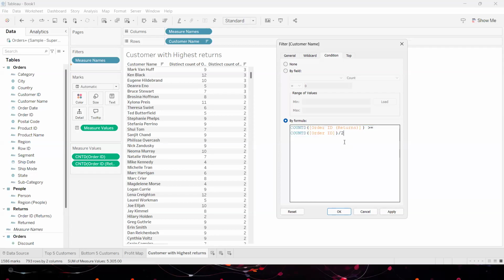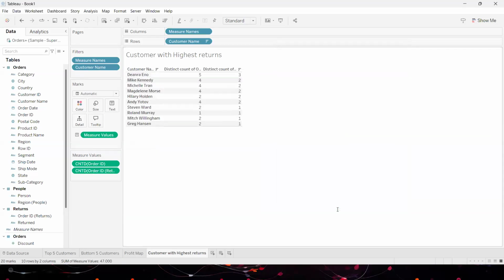Simple logic. Now look at the list. It will get updated. So I have those people who are returning either half or more than half of the orders that they have placed. Luckily for this business, it is very few people. So this business is quite fortunate. They don't have any customers pranking them, simply placing the order and returning it for the sake of it. So they have a very short list of people. They can talk to them and find out why they are returning so many at this rate.